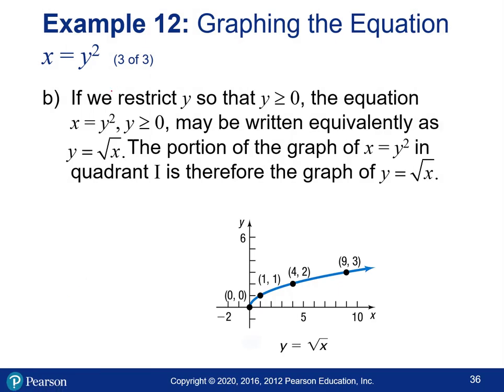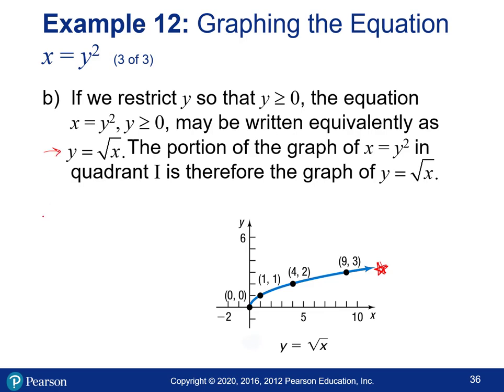Okay, so part B was, if looking at the graph, only the y greater than or equal to 0 part, which is positive or 0. What I want to show you on this one is that this is the top half of the parabola, which I call a shooting star type shape, because you want to start to remember some of these shapes of these graphs. So this is a shooting star shape, and if you want to get this equation, you would just take the